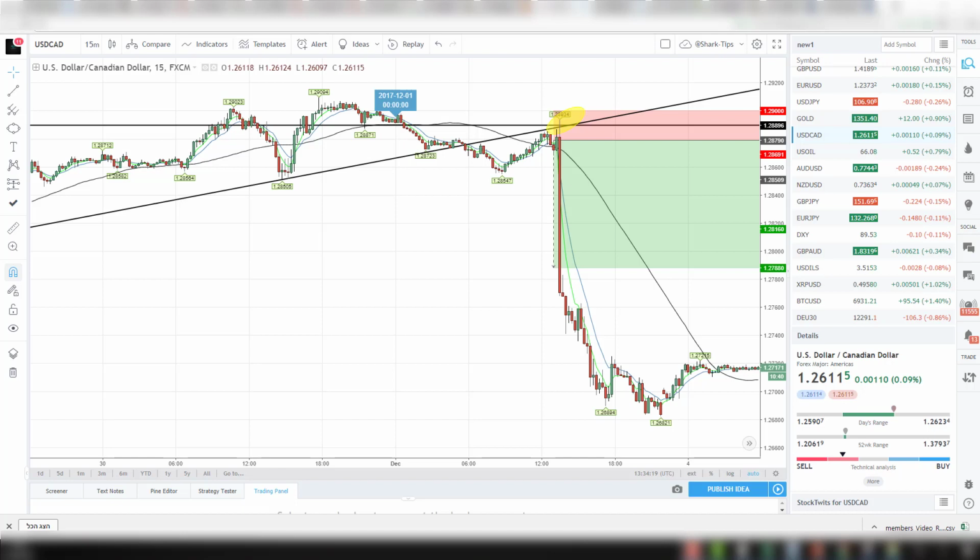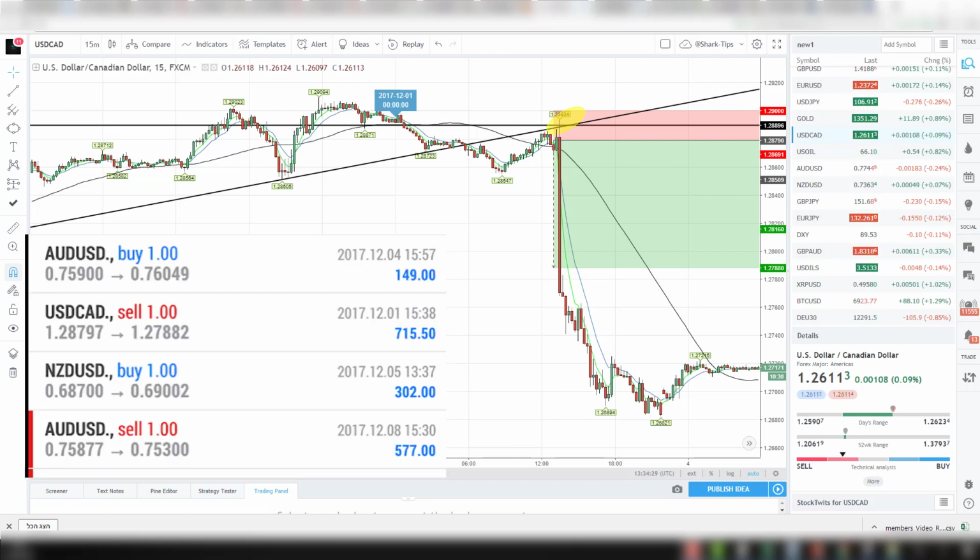So the great thing about this trade and about this strategy, exactly as we teach in the course, the risk-reward ratio is in our favor. As I said, for every dollar you risk, you have made 4. This means that even if you lost this trade, just a single trade can make you the profit of 4 losing trades. So keep on following your strategy, keep on following your trading plan, stay strict to your strategy, and